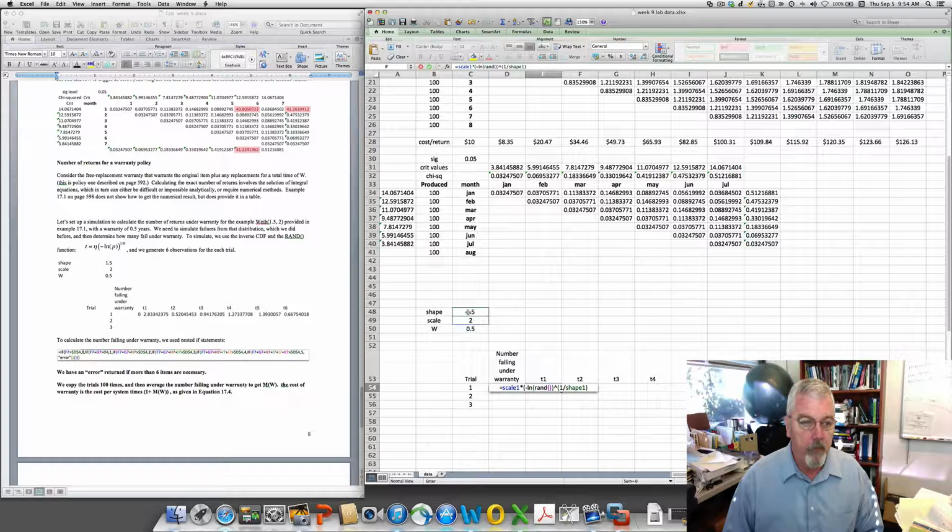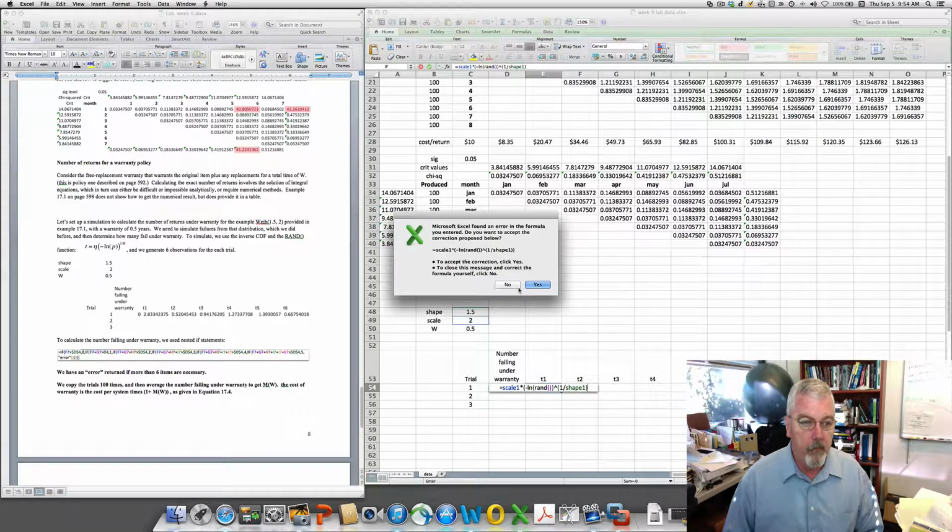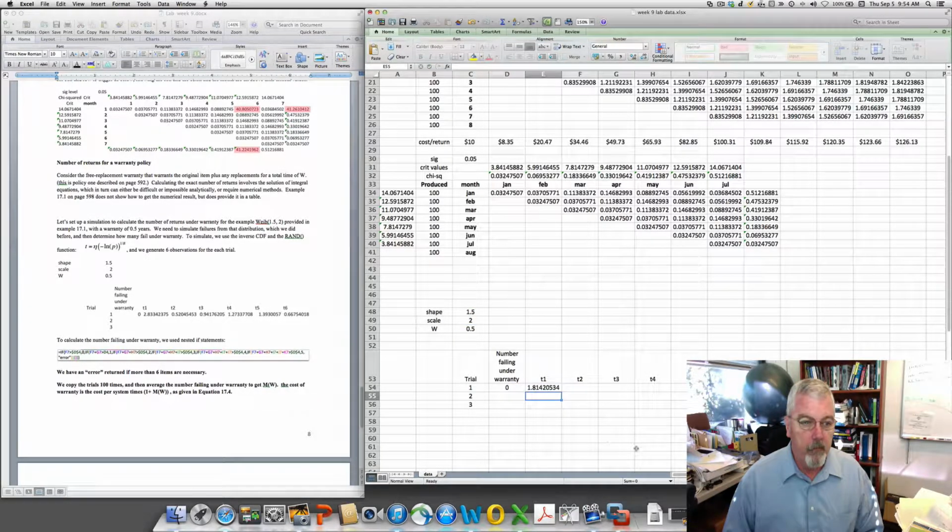And I think that's my random variable. Well, I guess I'm missing a second one. All right, so that gives me a failure time of 1.8. I happen to know that the mean of this distribution should be about 1.8, so that's handy. If I hit the F9 key, I can get different draws, and it looks like I've got about the right